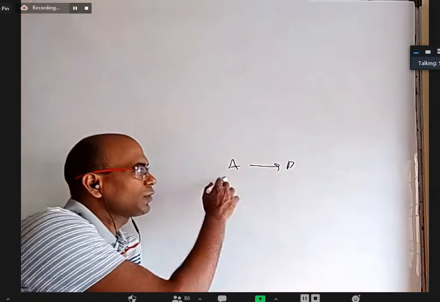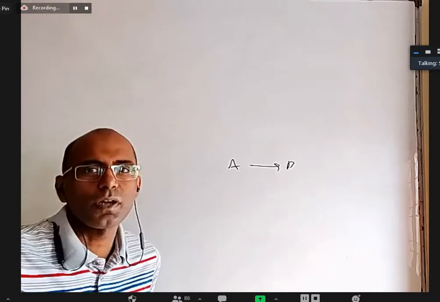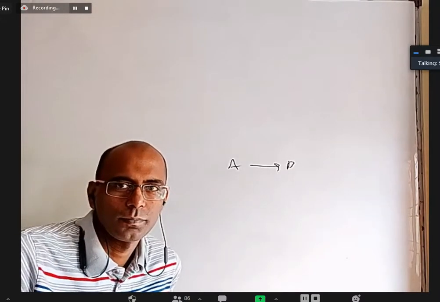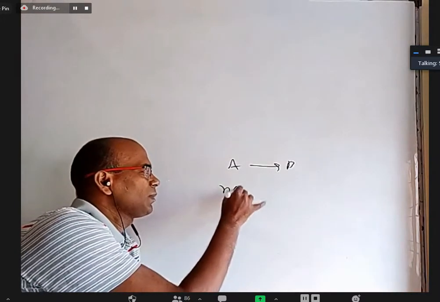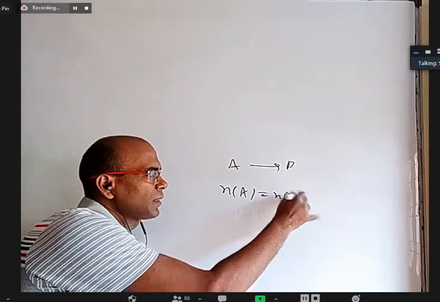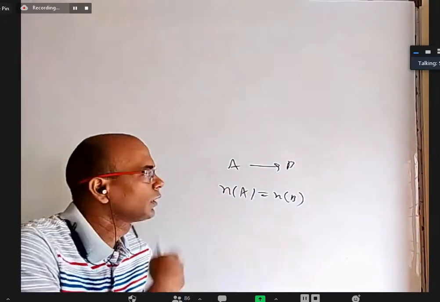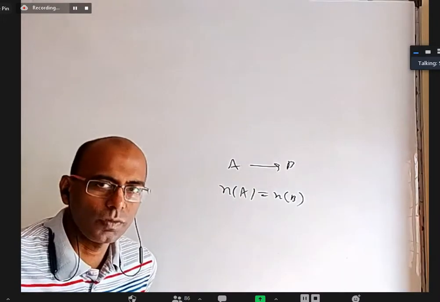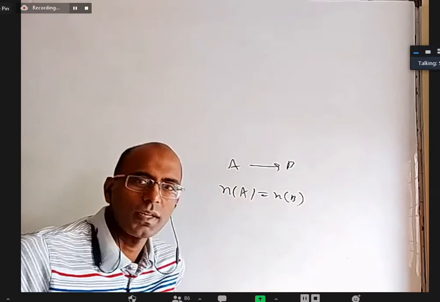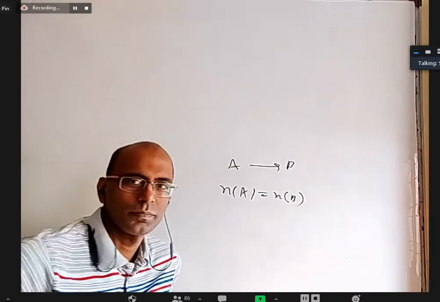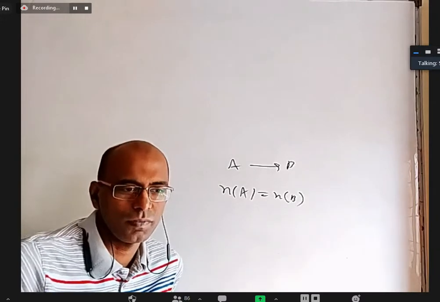Or let us say set A to set B. There is a function which is 1-1. I can tell it must be onto also. When can I say that? When the number of elements is equal. When the number of elements in A is equal to the number of elements in B, then if you make it onto, it will be 1-1 also. Or if you make it 1-1, it is also onto. Right? But there is a problem. It is not fully right. All this that you are saying holds when A has a finite number of elements.